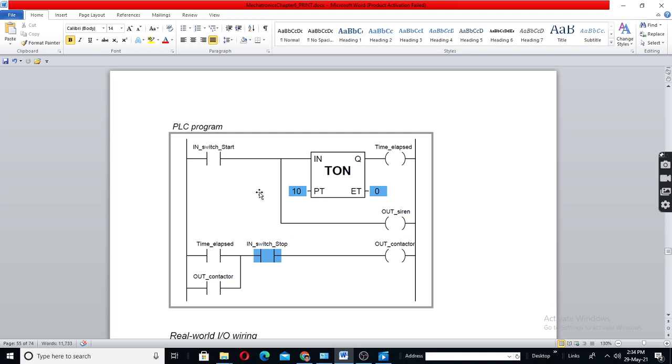Okay, now there are two processes here: continuous updating and mass IO copying. Continuous updating means it will read here and immediately switch on this. That is called continuous updating. In mass IO copying, it will read here, but it will not switch on at the same time.